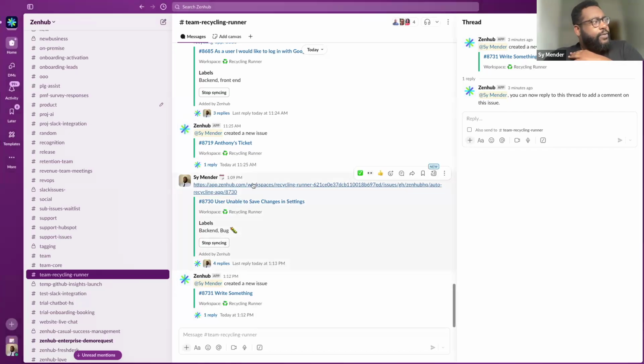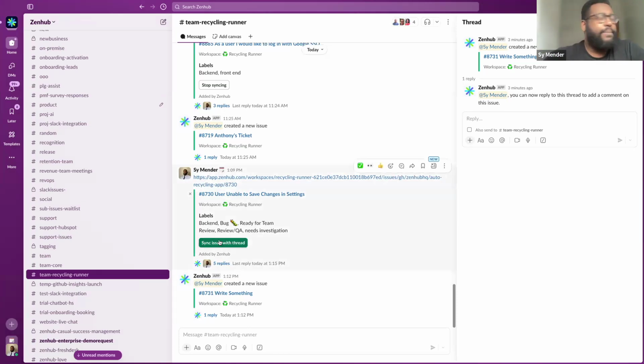If we look at one of those Slack threads that we've created by actually dragging the GitHub issue into Slack, and let's say we want to have a brief conversation in Slack that gets piped into GitHub, but once that's done, we can go ahead and click on Stop Syncing. And at that point, that flow between Slack and Zenhub will cease to work, and it won't get piped into it as a comment. Instead, we can continue to just have that conversation on a day-to-day basis.